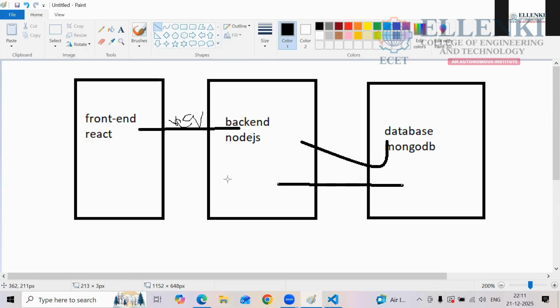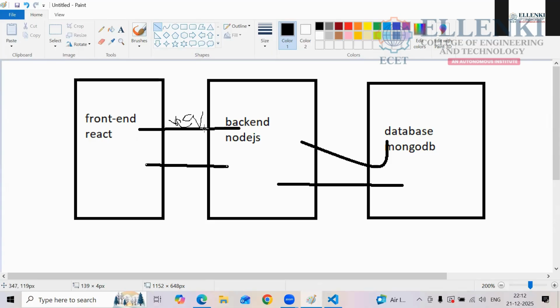Whatever data Node.js takes from the DB, it gives to the front end, which is whatever request it is passing to the Node.js.